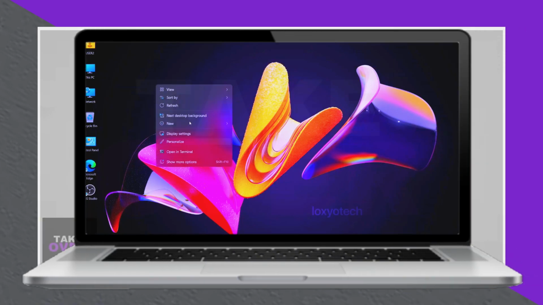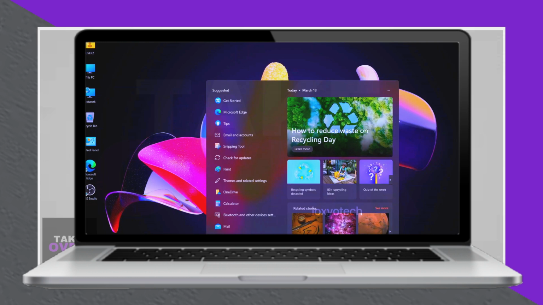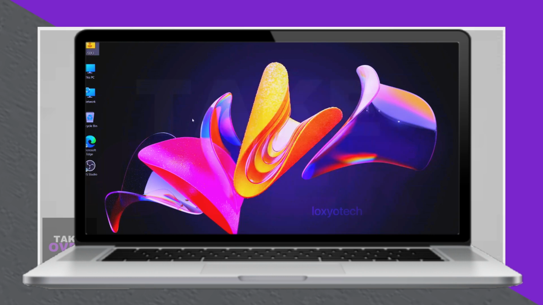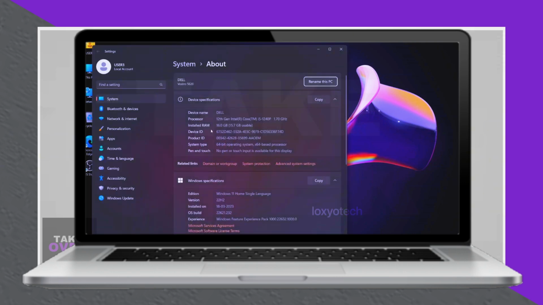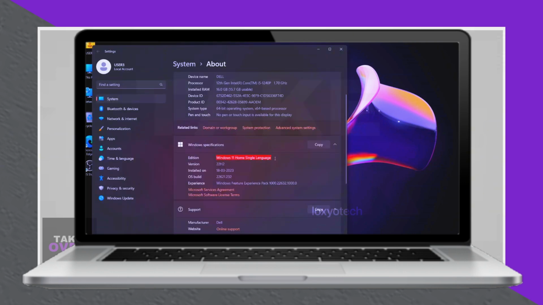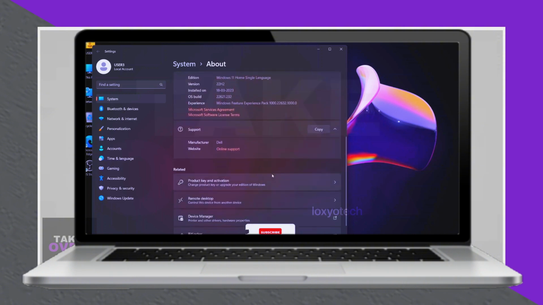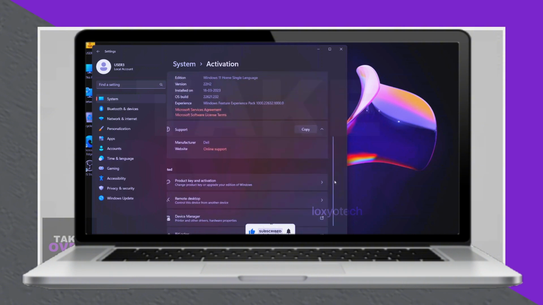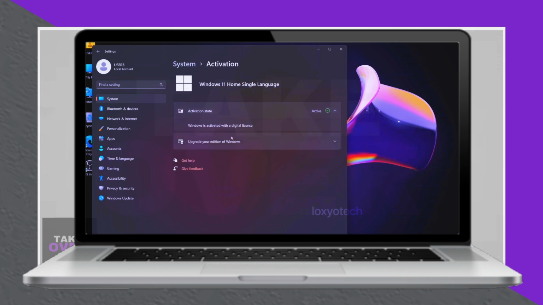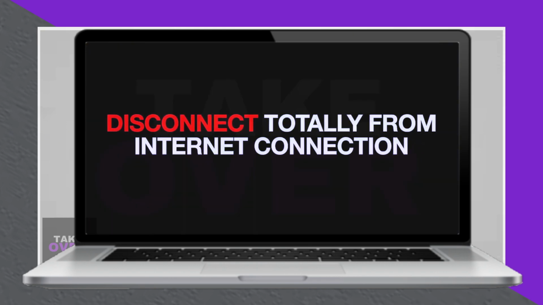In this tutorial, I'll guide you through upgrading your Windows 11 Home Edition to Windows 11 Pro without the need to format or reinstall your operating system. This method allows you to retain your existing Microsoft Office license and all other data tied to your Windows 11 Home version. Begin by right-clicking This PC, selecting Properties,